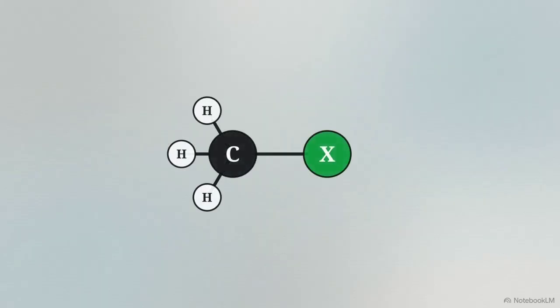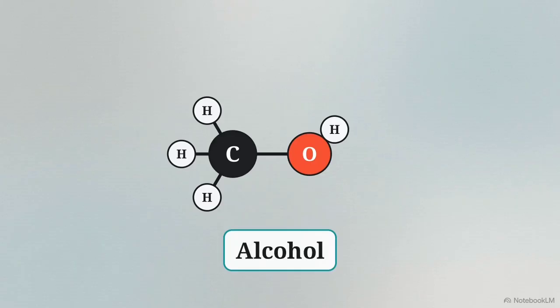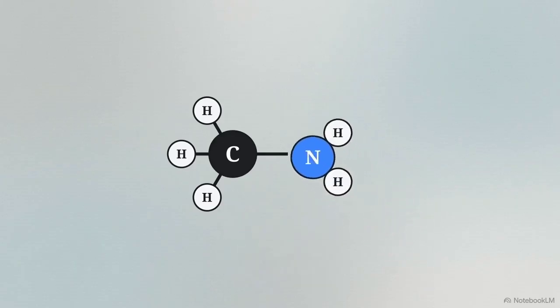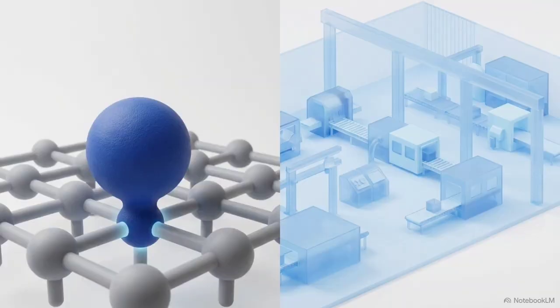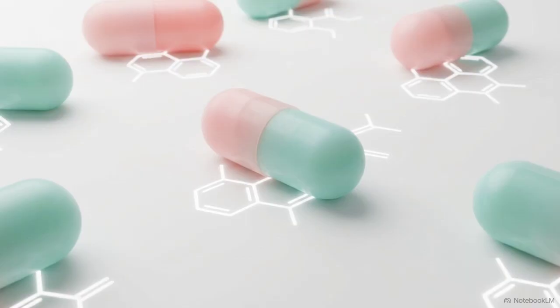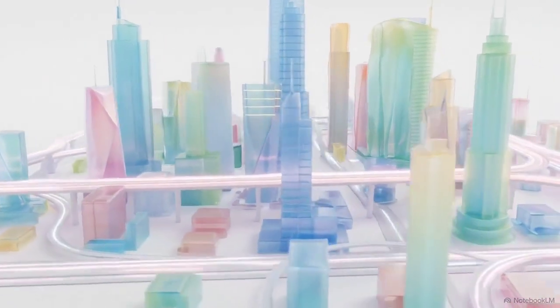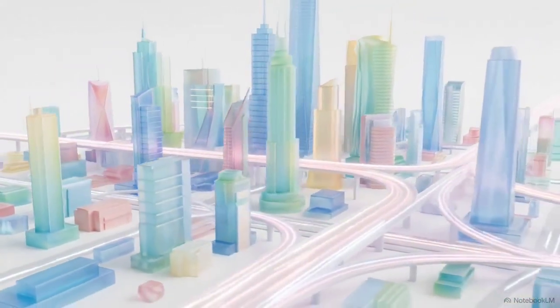Because the carbon-halogen bond is polar and relatively easy to break, it acts as a universal mounting point. Chemists can swap the halogen for a hydroxyl group to create alcohols, or nitrogen to form amines. This single substitution pathway provides the foundation for modern manufacturing, from the synthesis of PVC plastics for infrastructure to the creation of the complex molecular rings found in anti-inflammatory drugs and antibiotics. By mastering the controlled disruption of this one bond, humanity gains the ability to assemble the materials that define the